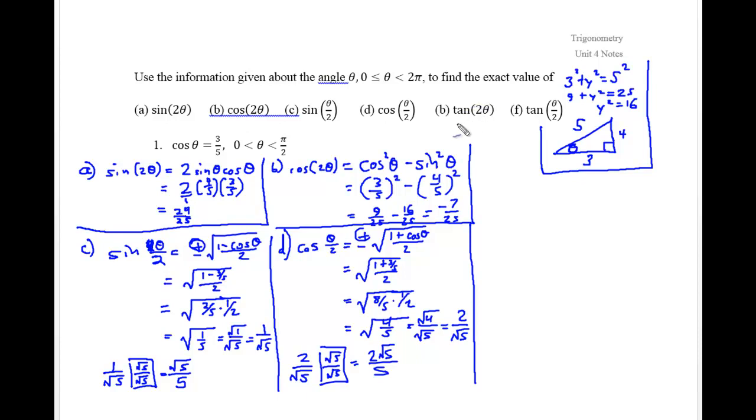Now you'll notice that the homework doesn't actually include tangent of 2 theta or tangent of theta divided by 2. So I actually want you to add them into the problems yourself. So anytime you do a homework problem in this section, add these two to them to give you that help that you need. Now the tangent of 2 theta is the formula